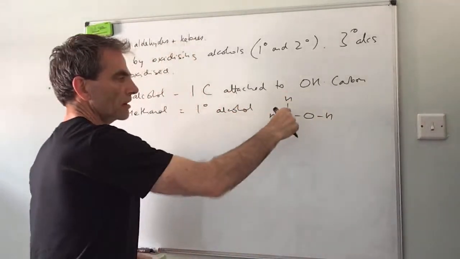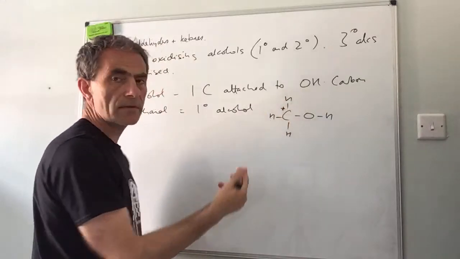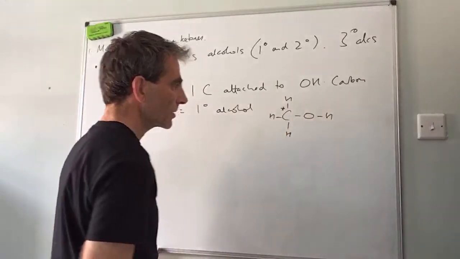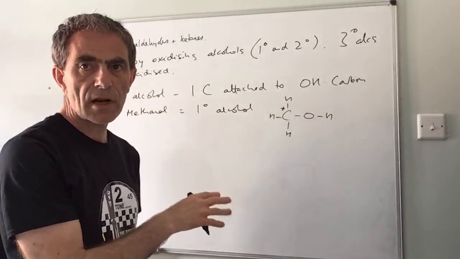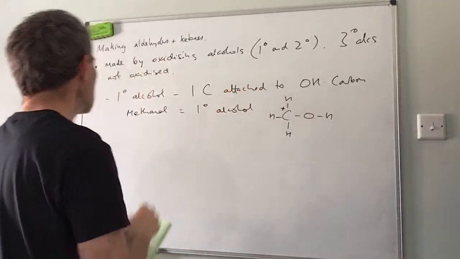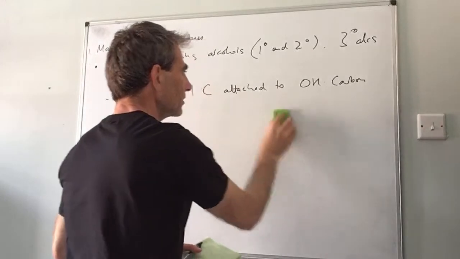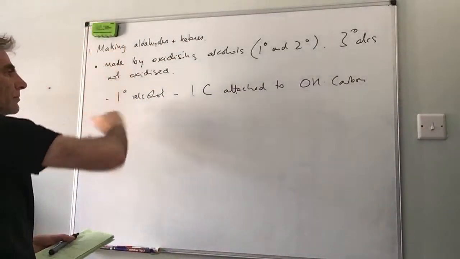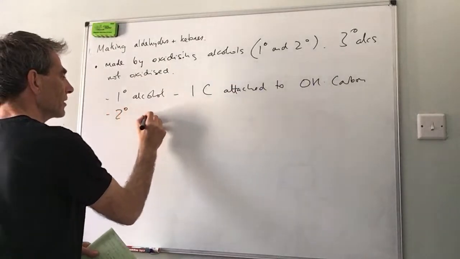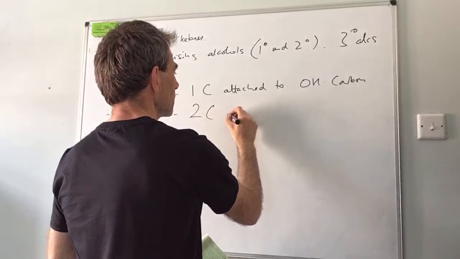So you can see that the OH carbon doesn't have any carbons attached to it, just hydrogen and the OH group. It's classed as primary. That's an exception to that rule. So primary alcohols have one carbon directly attached to the OH carbon, and a secondary alcohol has two carbons attached